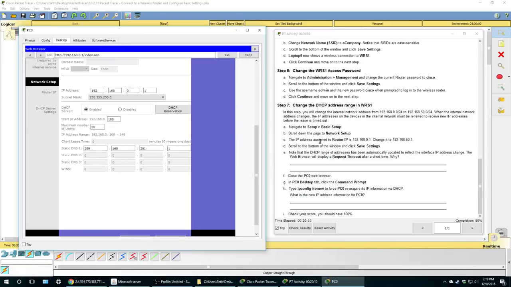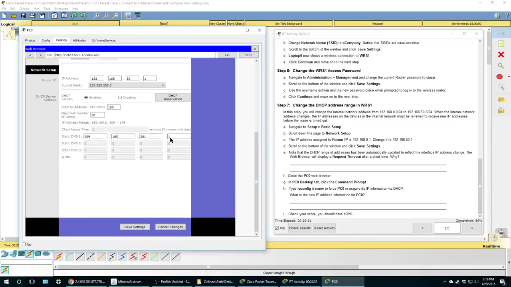And then the IP address is assigned to router IP in here. So this is the router IP. We're going to change it to 50. So we're just going to take this 0 and change it to a 50. There we go. Now, let's see. Scroll to the bottom of the window. Click Save Settings. Now, in this situation, it'll give us a request timeout because